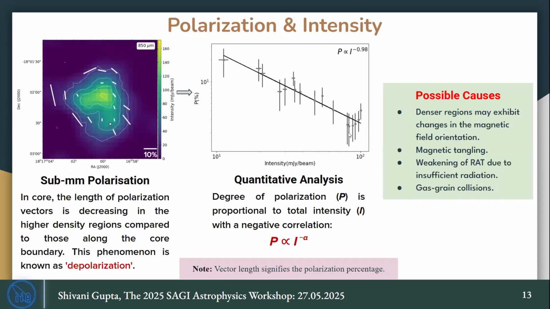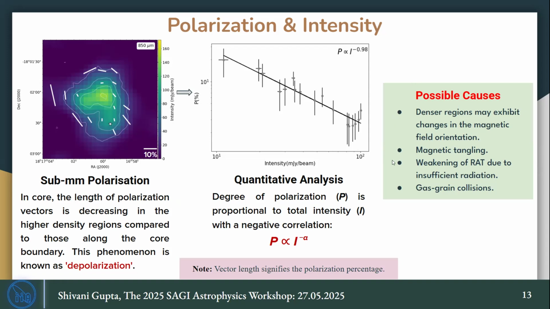Finally, we analyze polarization and intensity variations in the L328 core. Here in this figure, we can clearly see hints of a polarization hole, and to analyze this, we have plotted a polarization versus intensity plot. Here we can find a negative correlation with a slope of 0.98, and the possible causes for this depolarization effect